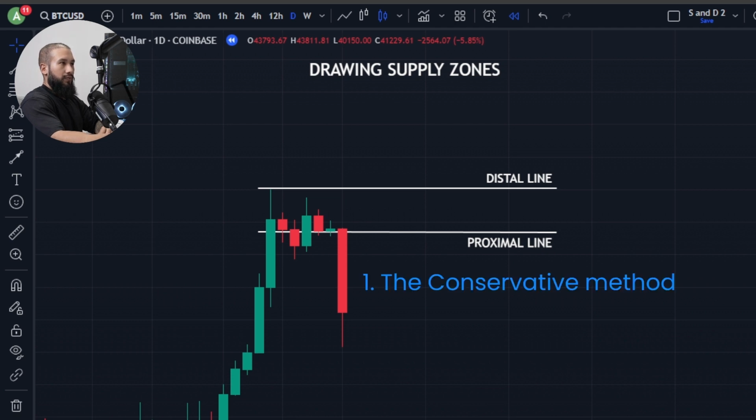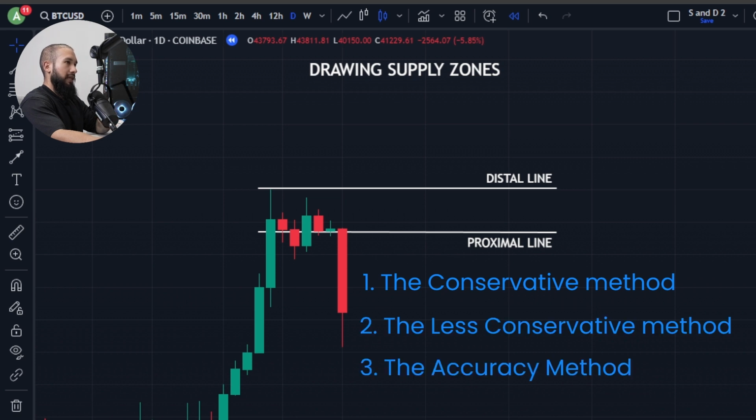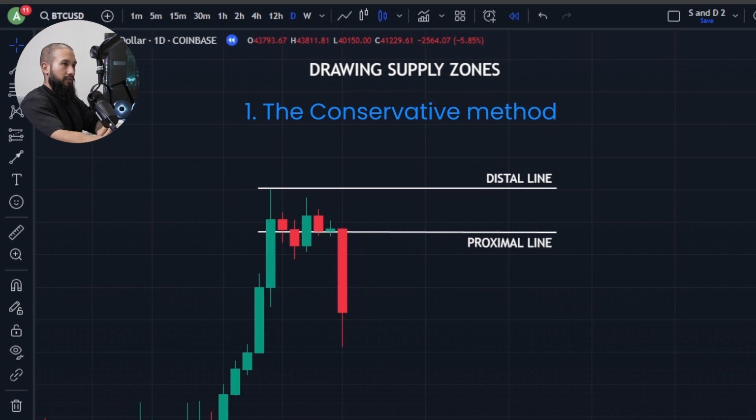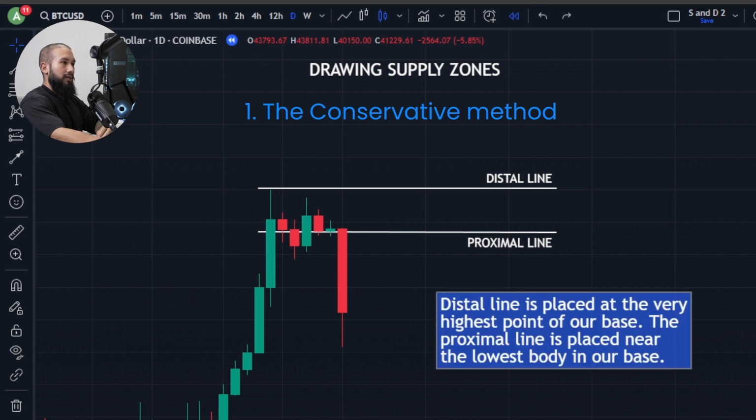There are 3 methods: the conservative method, the less conservative method, and the accuracy method. This is an example of the conservative method for a supply zone. Of the 3 methods, it is the one I prefer. For this method, the distal line is placed at the very highest point of our base, which is this wick here,